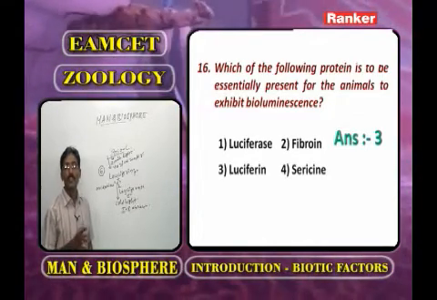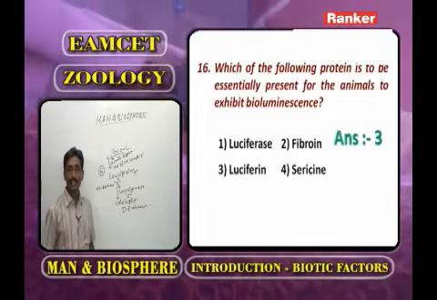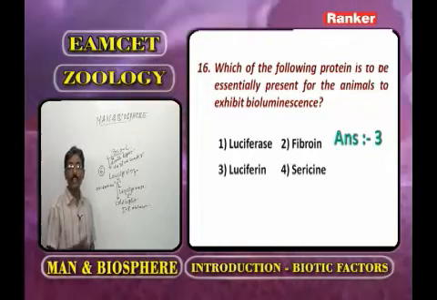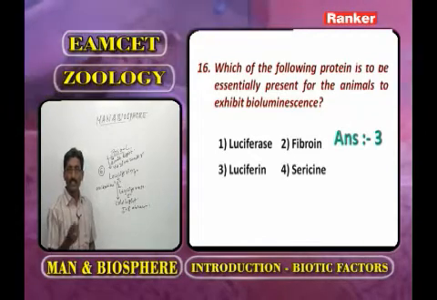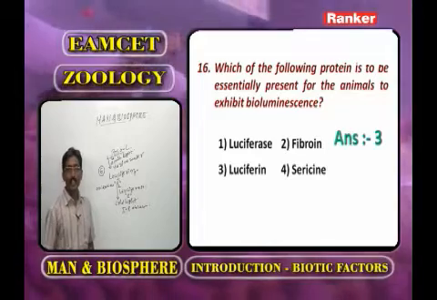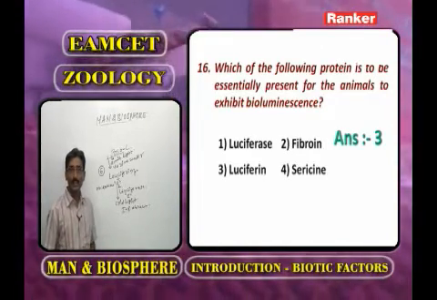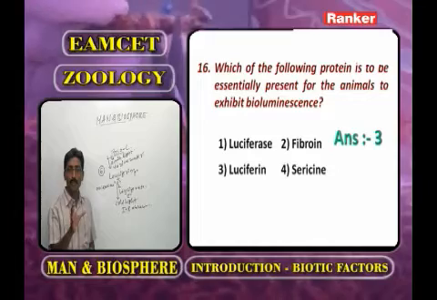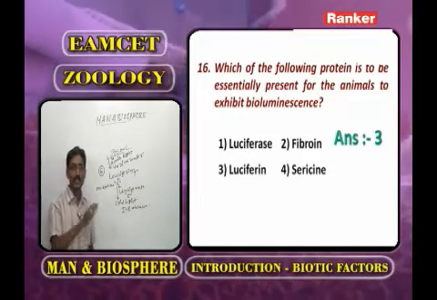That is luciferin. What are the examples of bioluminescent organisms? One is jellyfishes. The second is squid. The third is Chaetopterus. The fourth is Noctiluca. The next is Serratia. And the next is Pyrosoma. All these are examples of this process.